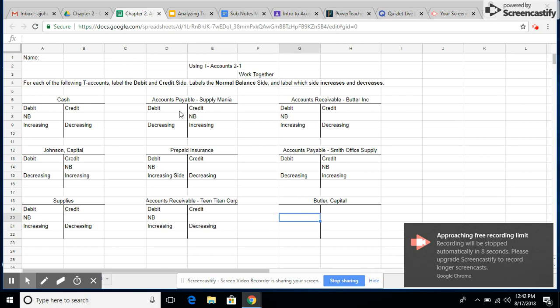Okay, then Butler Capital account is going to be left side debit, right side credit. Capital has a